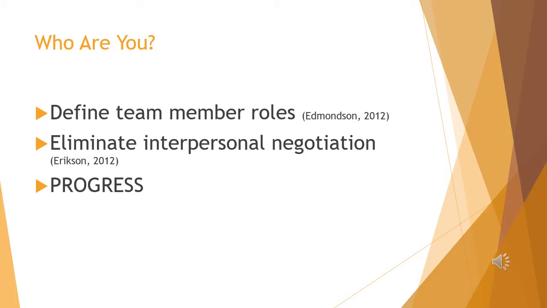Additionally, Erickson tells us that when people know who's on their team and they know what to expect, it eliminates this time period, this little transition of interpersonal power struggles. People are trying to get their ego out there. This person needs to know that I've done this, or this person needs to know that I have done this. It eliminates that, and it lets the work begin to happen sooner.